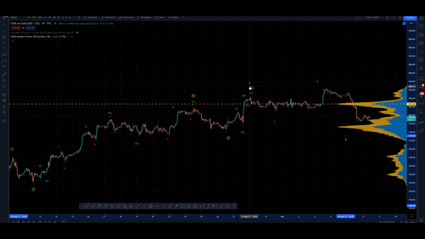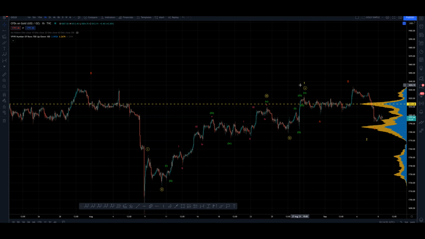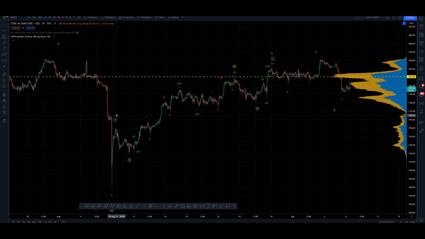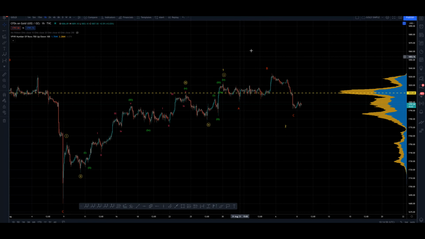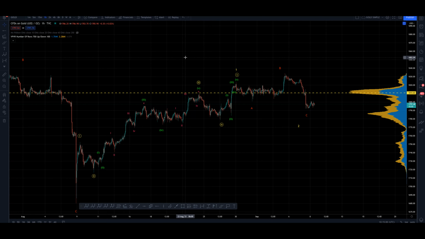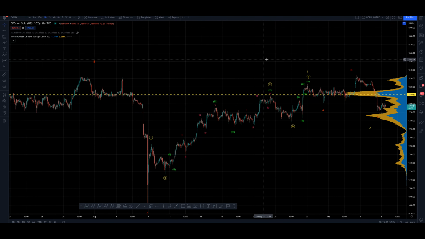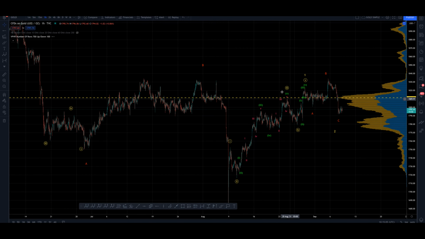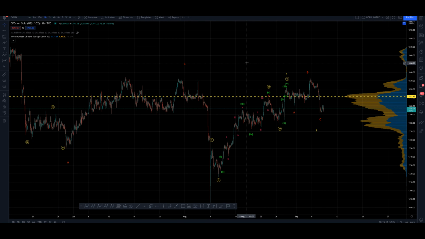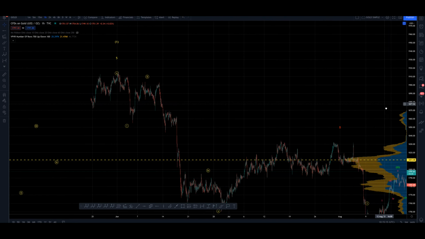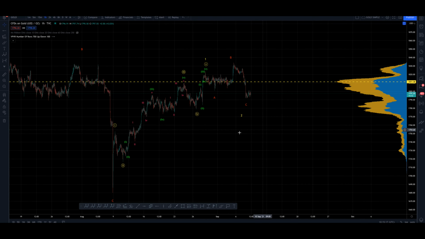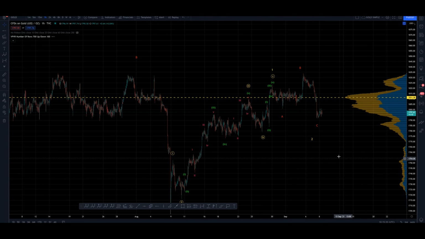And then that brings us up to our wave of next degree, which is our minor 1 in this case. Now this could be minor 1, 2, 3, 4 into intermediate 1. But given the wave 3 targets we've taken at intermediate scale, sorry, excuse me, I'm going the wrong way. This could be minuette into minute, rather than minute into minor. But I've decided to say minute into minor. We can't have it into intermediate, obviously, as we've already done the intermediate 1 and intermediate 2. Excuse me, slip of the tongue there.